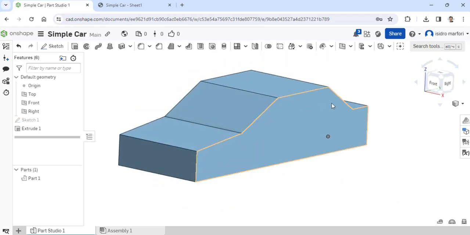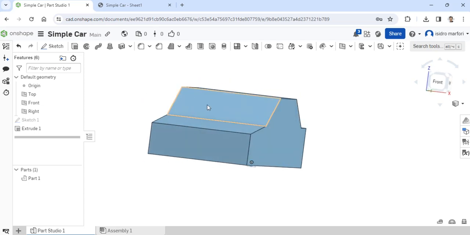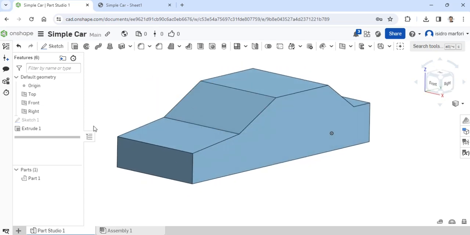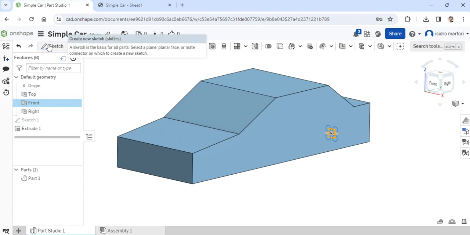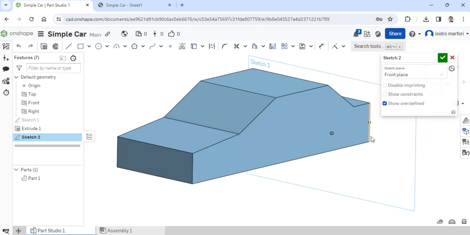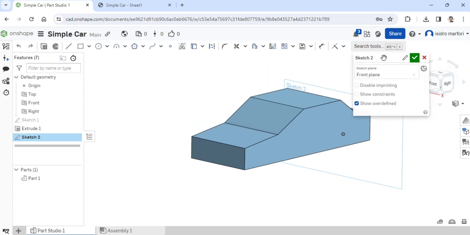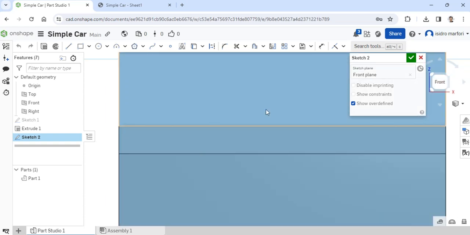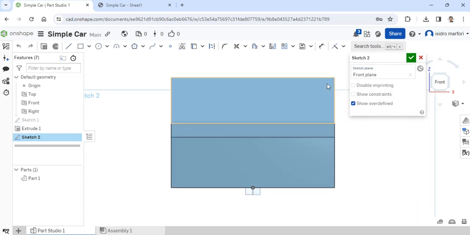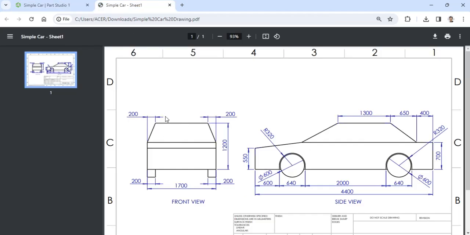So we will now cut some of the pieces in for the window, and to do that, we will make a sketch on the front plane. So you simply tap on front plane right here, and then again tap on the create new sketch icon. If it did not face you, you simply tap on the front view right there. What we will do is simply draw a rectangular sketch right here. If you try to follow the drawing or the reference, it is this one.